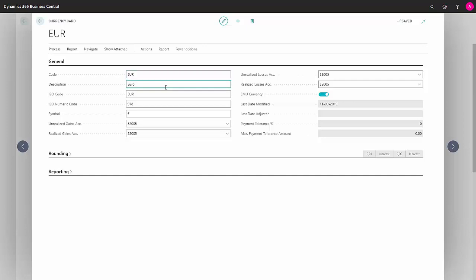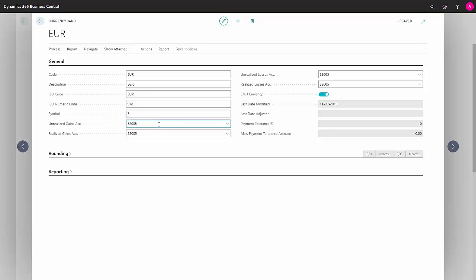The next field is description, where you put a suitable description of your currency code. The next field is ISO code, which is defined in ISO 4217, and in this case it's the same code as our currency code, Euro. And along with the next field, ISO numeric code, which is 978 for this currency, we've now typed that in. The next field, symbol, is where you can enter whatever symbol may be appropriate to the currency in question. You can also just opt to write whatever text is appropriate. So, if it was Danish kroner, we'd have put DKK.